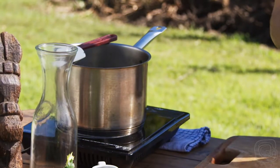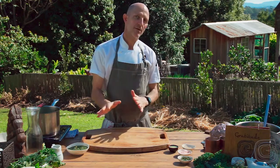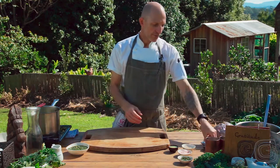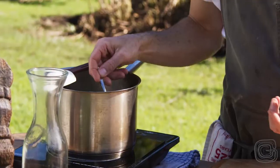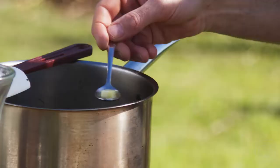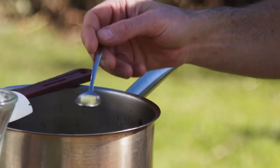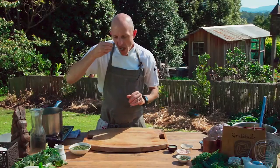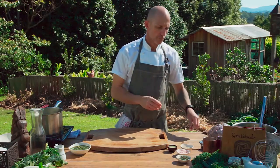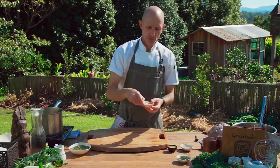So the soup's pretty much finished cooking. I'm just going to taste it and adjust the seasoning. Now this is the most important part of cooking. So have a little taste, and what you're looking for is to make sure that the vegetables are cooked and it's all nice and soft, but also you're checking the seasoning. So you're checking for those levels of salt and pepper and acidity. Okay. So I'm just going to add a touch more of the salt,